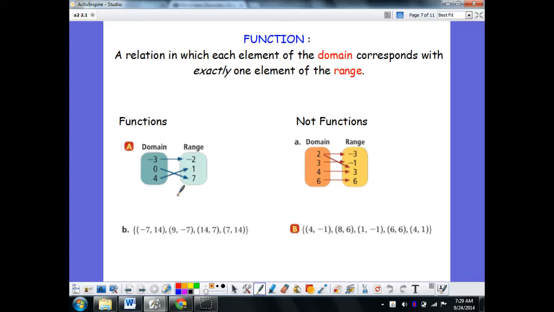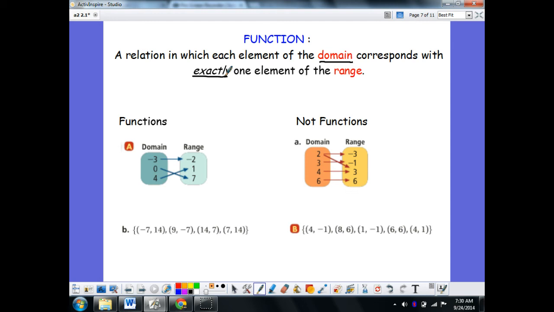In this video, we are going to determine whether certain relations are functions or not. And the definition of a function is at the top of the screen: a relation in which each element of the domain corresponds with exactly one element of the range, then it is a function. So what you cannot have is an element of the domain being mapped to more than one element of the